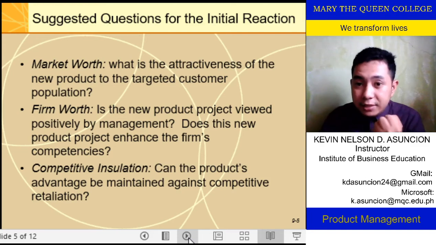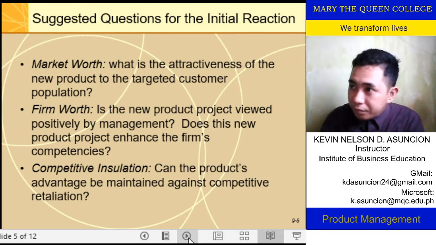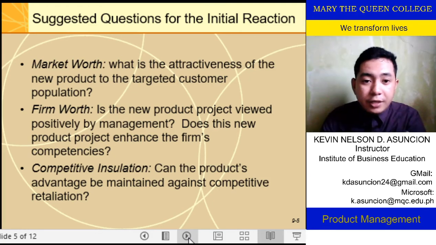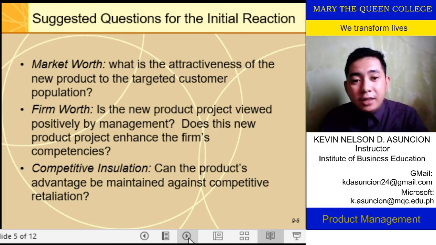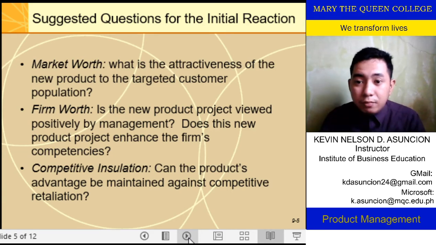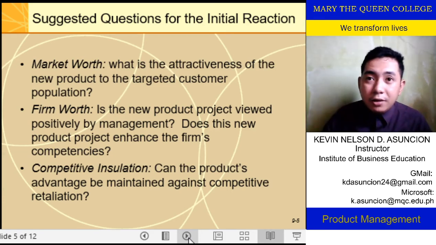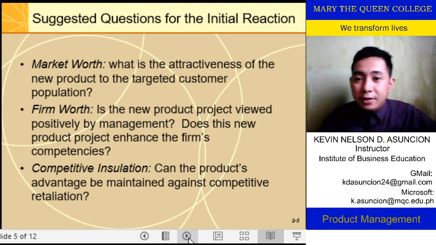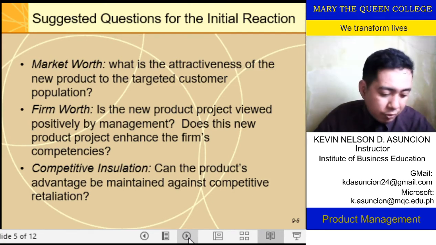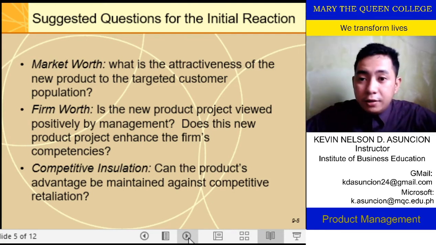So this is an initial reaction to concept evaluation. And then competitive insulation: can the product's advantage be maintained against competitive retaliation? The competitor might strike back. Can we sustain that? Remember when I said to you, according to one YouTube vlogger,